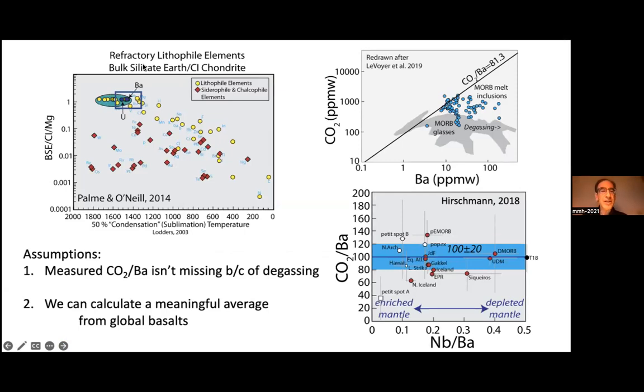CO2 degasses very, very easily during eruption of basalts, and so one has to be careful about this. One sees a particular locality and measures the CO2 concentration in glasses or in melt inclusions or something like that. One sees that there is a high value of CO2/barium and then something going off to the right on a diagram like this, indicating increasing barium concentrations without CO2 concentrations, and that's an indication of degassing. So there's a greater risk for the CO2/barium than there is for the water-cerium, because water doesn't degas nearly as easily from freshly erupted basalts.